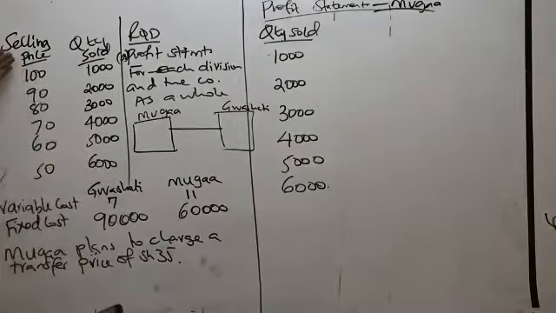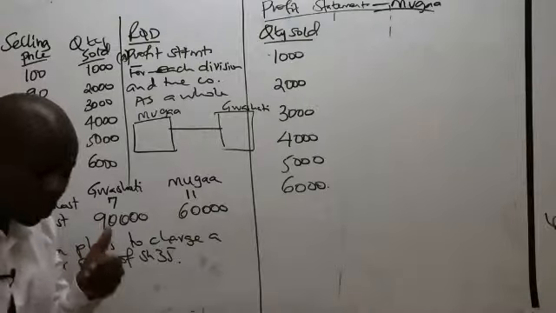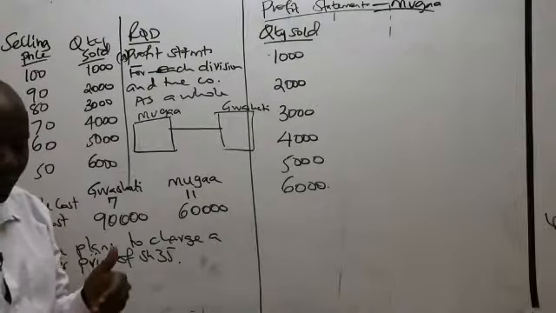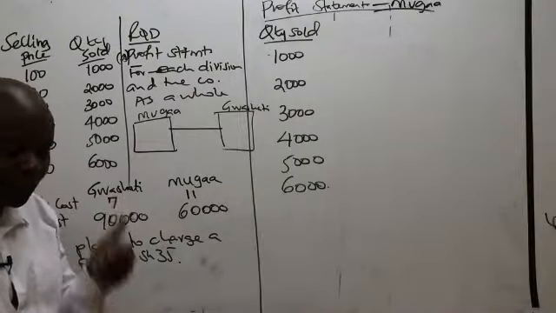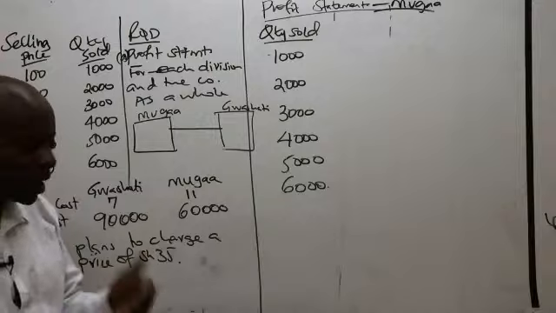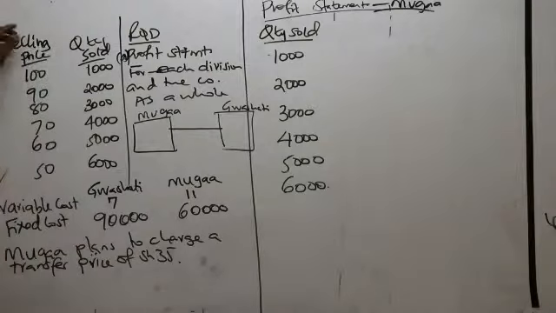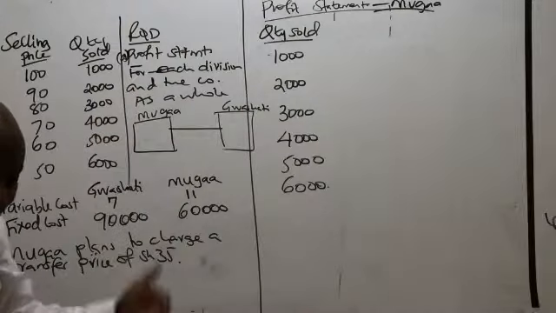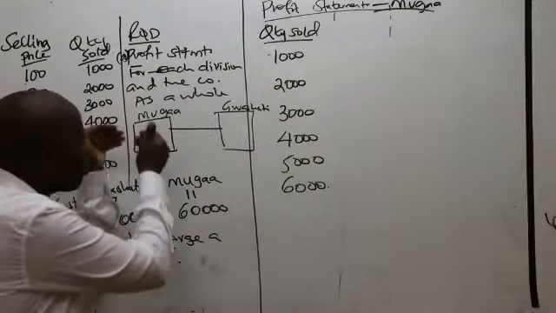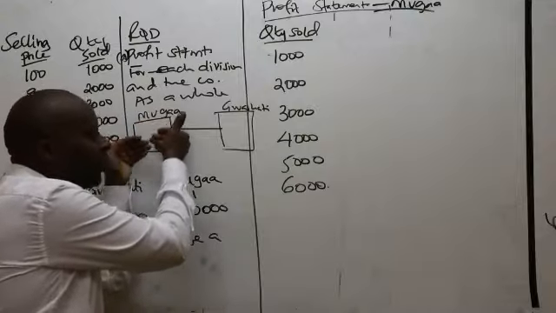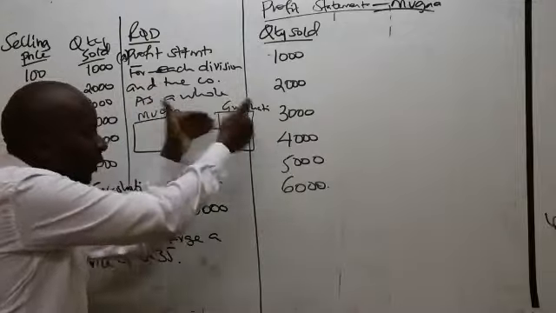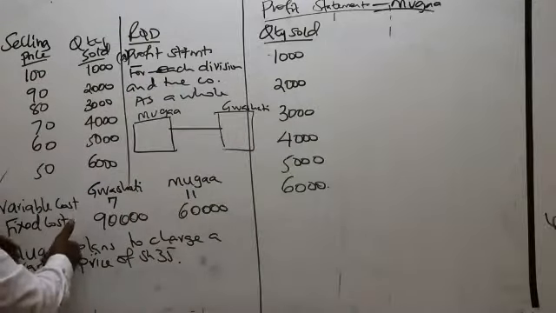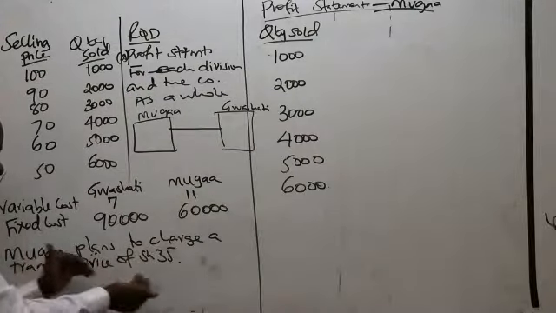Because these selling prices that you are seeing here, ladies and gentlemen, we are told in that particular note before that table, are the expected units of the final product which the Washati division estimates it can sell at the various selling prices. So these selling prices do not belong to Muga. Muga's work is very simple: to produce and transfer everything to Washati. So Muga transfers everything to Washati at what price? They have given us Muga's transfer price, which is 35.